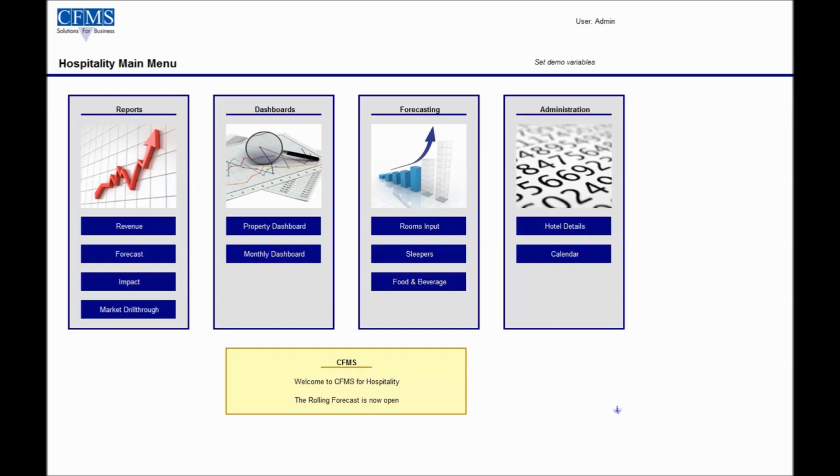This model is based around the nationwide chain of properties with restaurants and room service. Other amenities such as a spa or whatever you may have at your properties can easily be added. Today we're going to be looking at working with a rolling forecast, but all the logic applies just the same to annual budgeting. You will also note some reporting on actuals in the system, and we can automatically generate financial